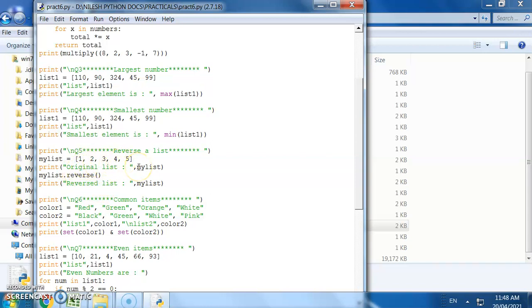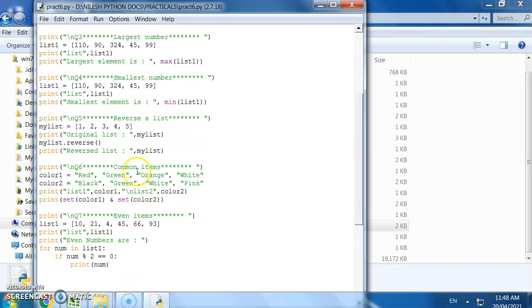Next, if you want to find the common items, you can use a logical and, through which you can compare the elements, find out the common elements, and print them. Next, if you want to find the even items, our logic is number mod 2 is equal to 0.